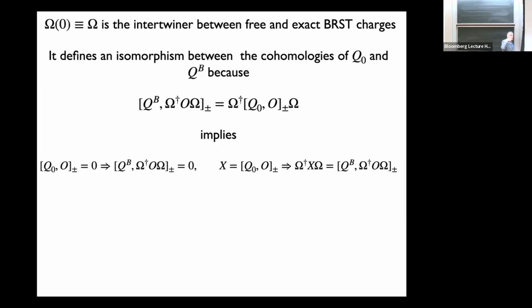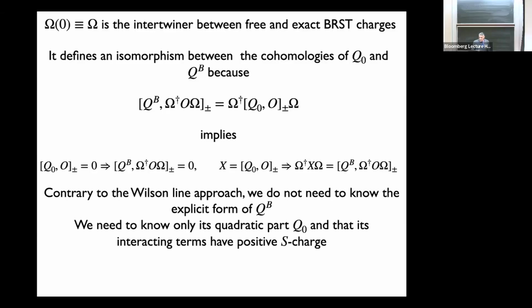So you have an arrow that goes in one direction, right? An element of the cohomology of Q0 gives you an element of the cohomology of Q, and you can reverse this argument because omega is unitary. So you get an isomorphism between the two cohomologies. And that's the key property of this story, right? So now we have a way of constructing a homology using a simple operator. And remember,